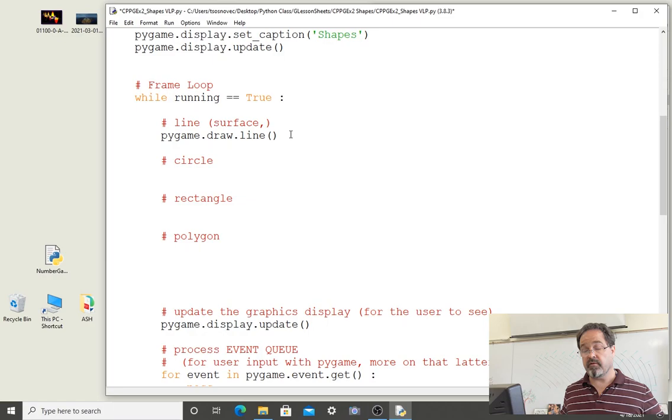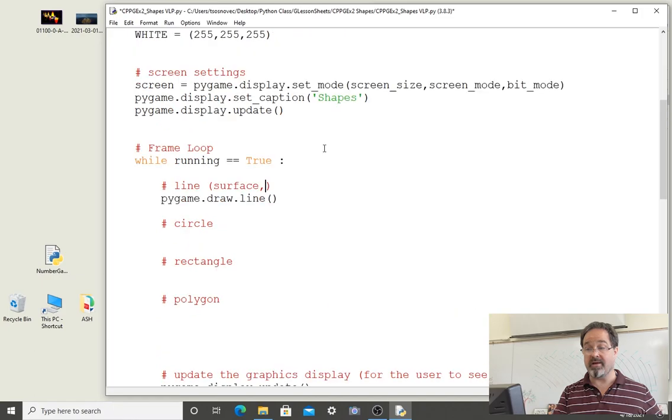line. The surface is a rectangular matrix of pixels, of color. We only have one surface in this program, and that's screen. The primary display is a surface where we can draw graphics. And we set our screen to be the primary surface with the set mode. So when we draw the line, the surface that will be drawn to will be the screen. It could be other things if we created other surfaces to draw on, but we'll get to that in future